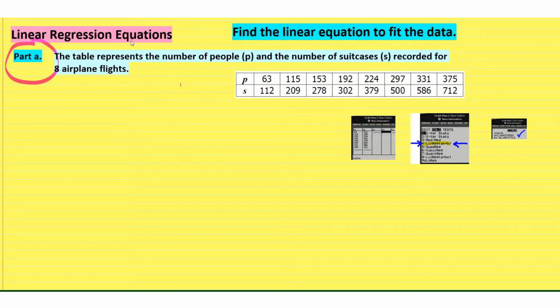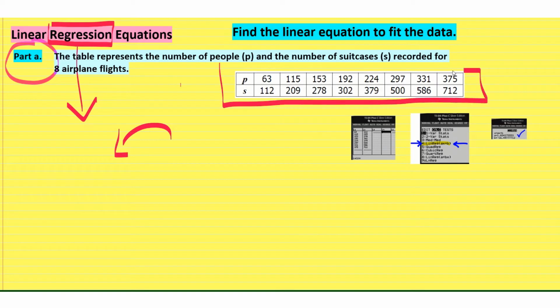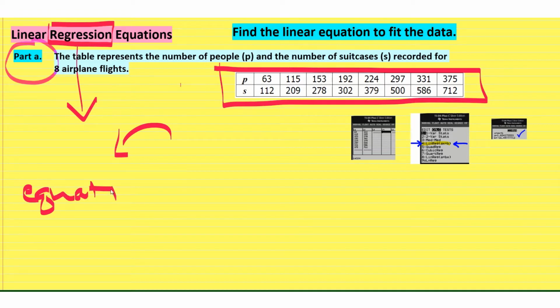And let's talk just for a second, what does it mean to find a regression equation? The word regression kind of means to go backwards. To regress means to go backwards. And that's what we're doing. We're starting with some data here, and we're going backwards to find an equation that comes close to representing this